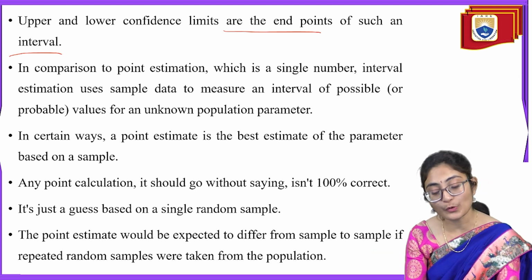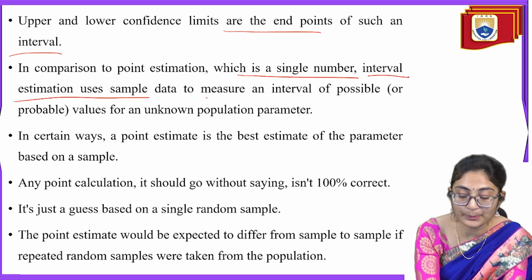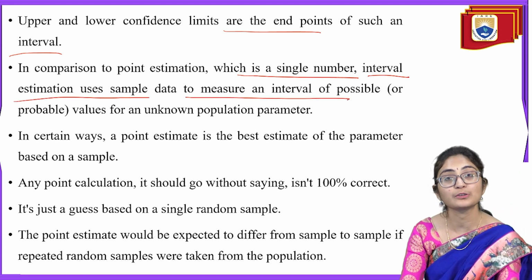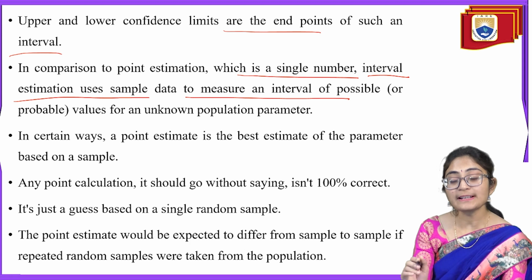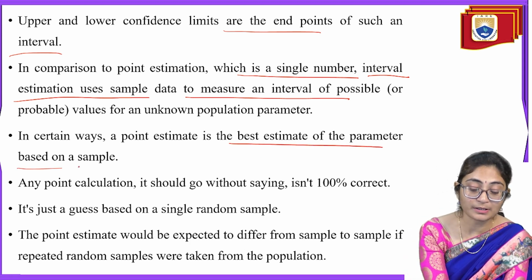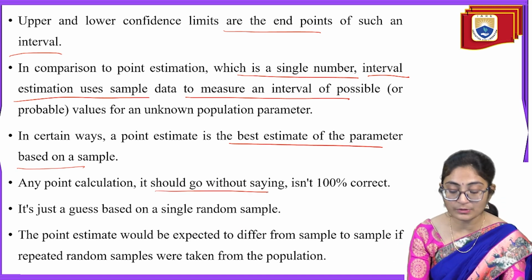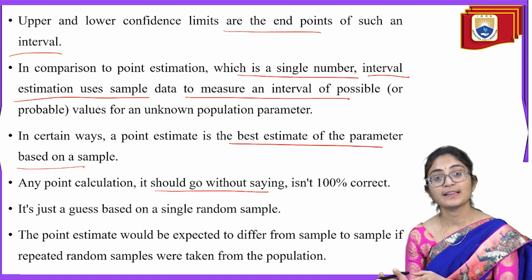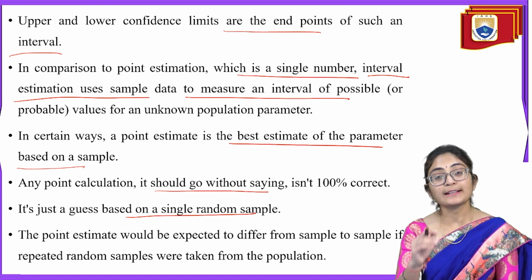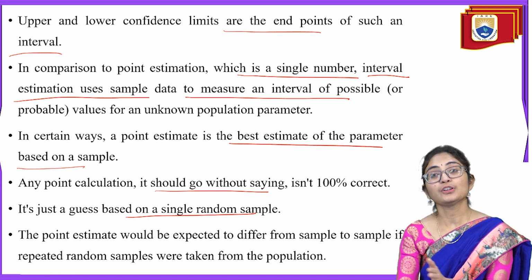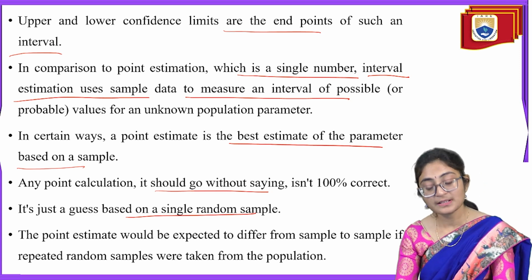And in comparison to point estimation, which is a single number, interval estimation uses a sample to measure the interval of possible values for the unknown population parameter. And in a certain way, a point estimate is the best estimate of the parameter based on your sample. For any point calculation, it should go without saying that it's not correct. It's just a guess based on a single random sample. And the point estimate would be expected to differ from sample to sample, if repeated random samples were taken